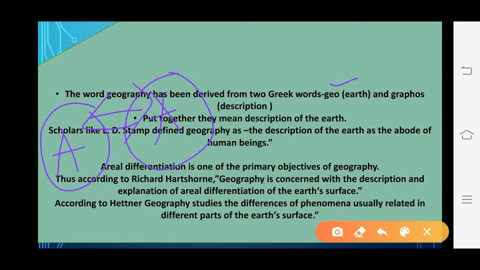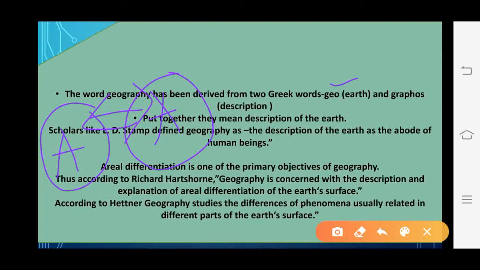ठीक है, फॉर एग्जाम्पल, let me take the example that is stated in your NCERT textbook. See, cropping patterns differ from one area to another area. We know that, isn't it? Means एक एरिया में एक टाइप ऑफ क्रॉपिंग होता है, दूसरे एरिया में दूसरा होता है. सो जोग्राफर्स का काम क्या होता है? नॉट ओनली ये डिफरेंस पढ़ना, बट ये भी समझना कि ये डिफरेंस क्यों है. ये डिफरेंस इसलिए है क्योंकि उस रीजन में डिफरेंट क्लाइमेट है, सॉइल्स है, डिमांड है, कैपेसिटी ऑफ द फार्मर डिफरेंट है, टेक्नोलॉजिकल इनपुट्स डिफरेंट है. सो दैट इज व्हाट ज्योग्राफी इज स्टडिंग. ज्योग्राफी इज स्टडिंग द वेरिएशंस एंड द रिलेशनशिप क्यों डिफरेंट है.